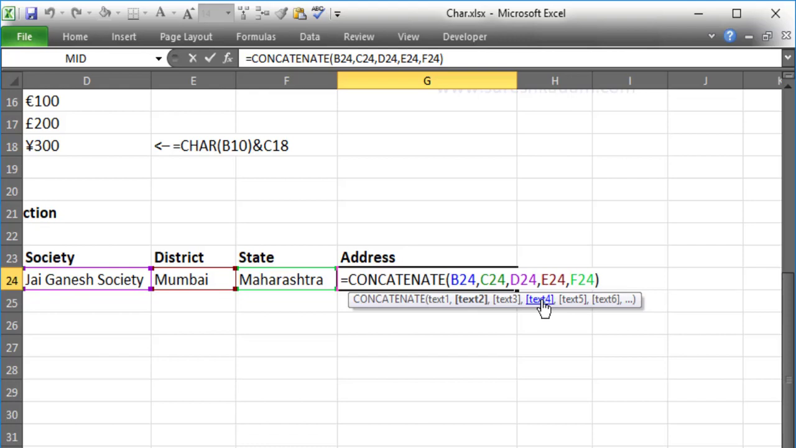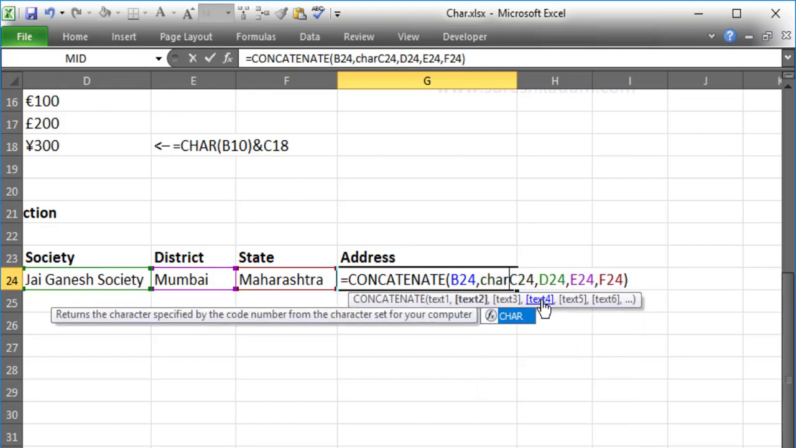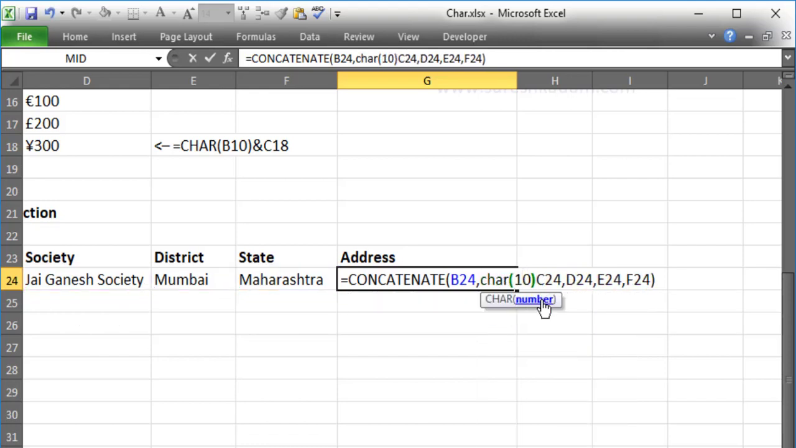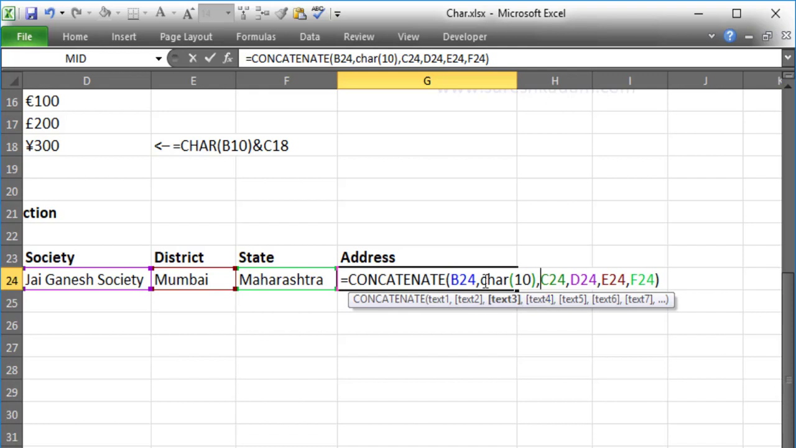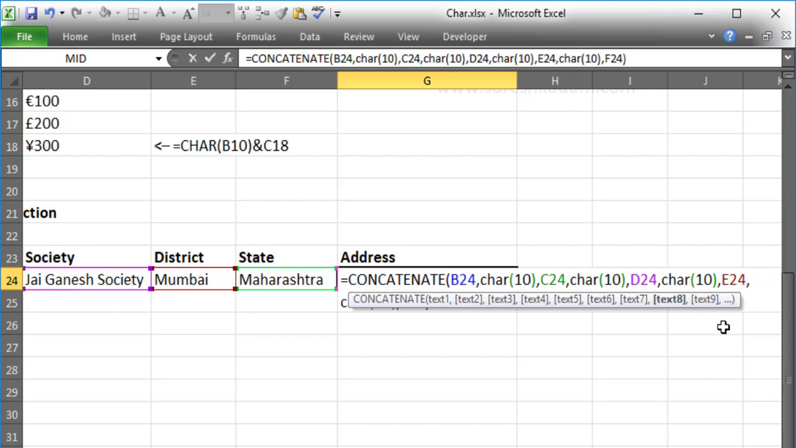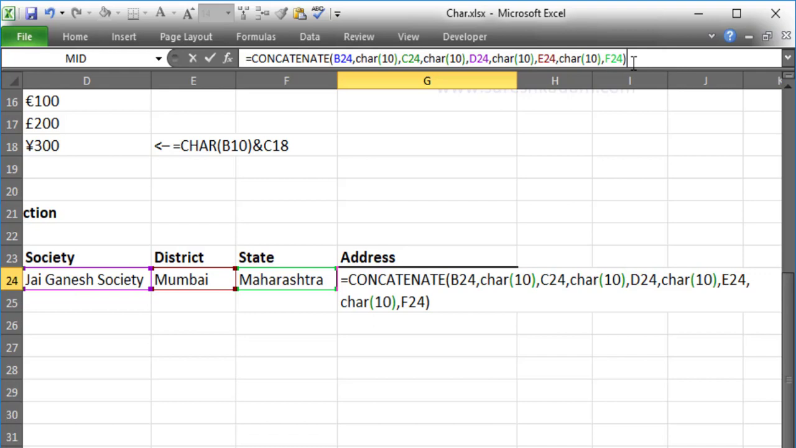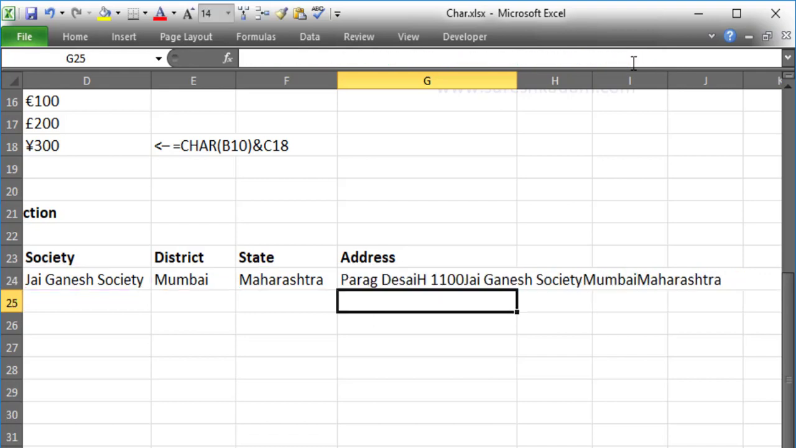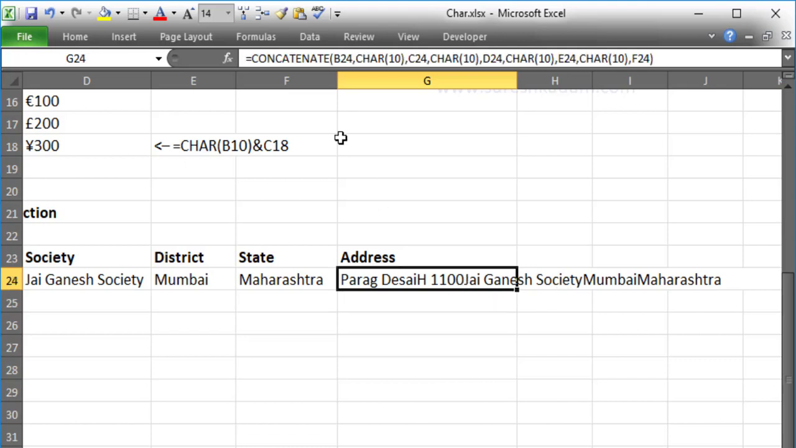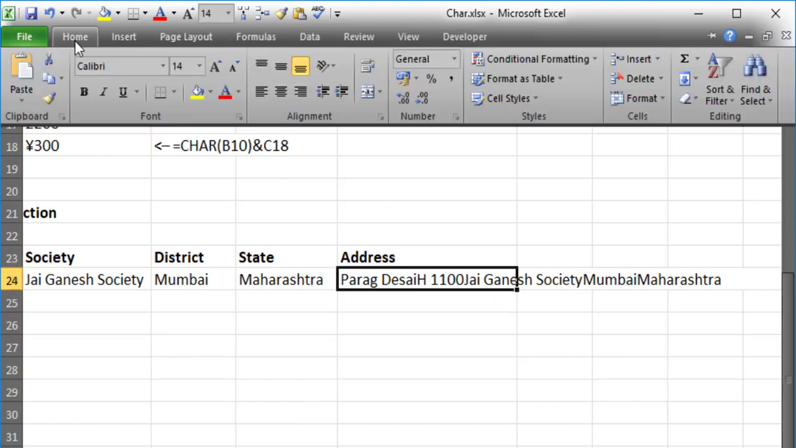After B24, I type CHAR(10). I hope you have seen this CHAR(10). I'm highlighting it, copying it, and putting it again after C24, after D24, after E24. So if you see here, after E24, I'm done with the function. So I press enter. It is still in the same line. Where is the difference? But now if I do wrap text,